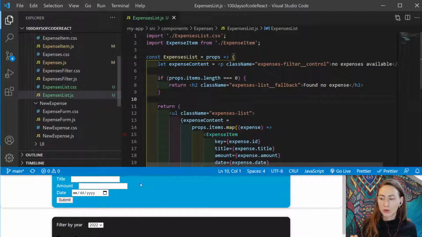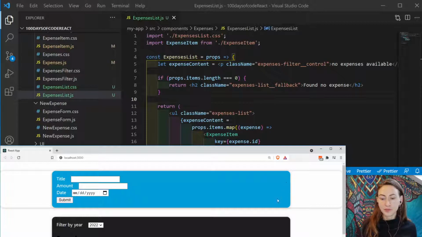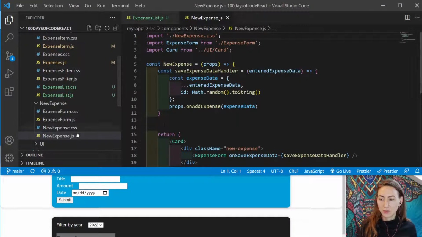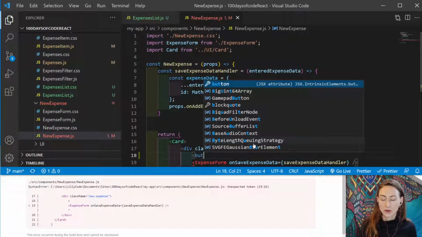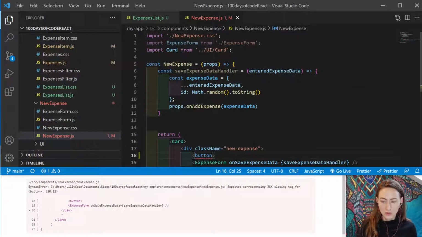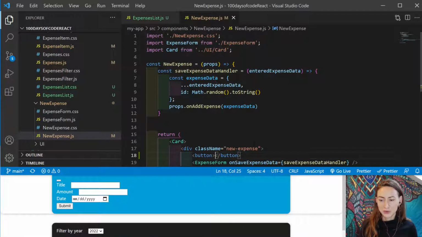So what we want to do is conditionally show this area. So we want to add an expense or just take away this block altogether if we hit cancel. So we want to conditionally show it like we did for this particular area. So we're going to do the same thing now. And in order to do that, the first thing we're going to do is add a button which will add a new expense and then subsequently another one to cancel this area for us. So we'll just add a button and go, why did that not? Visual Studio, what have I done? So we'll just do that and add new